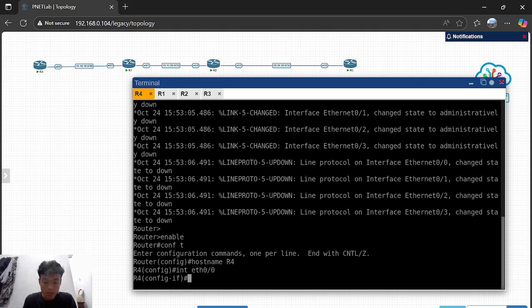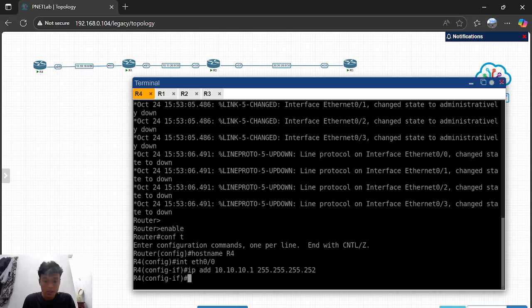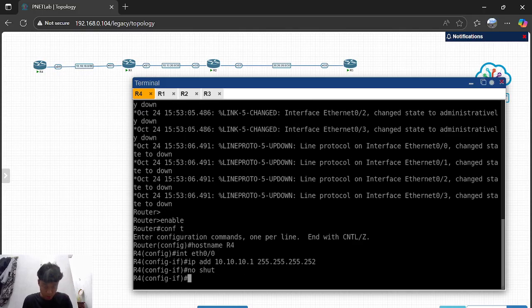And then you can add the IP like this with the subnet mask. Enter, and then you can click no shut, enter, and then you can exit.